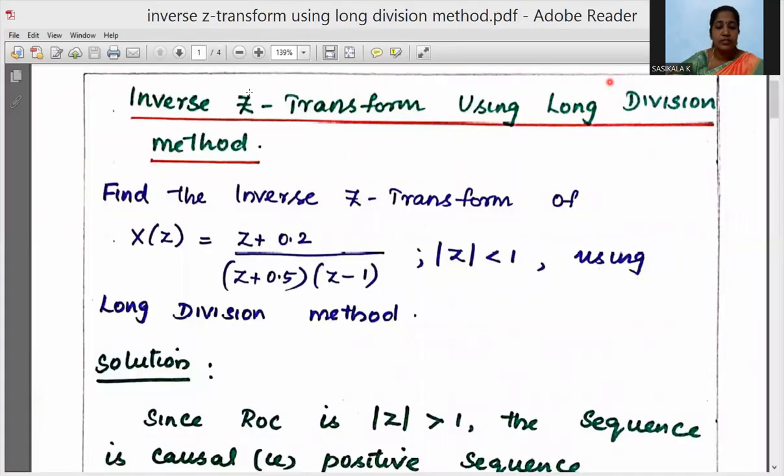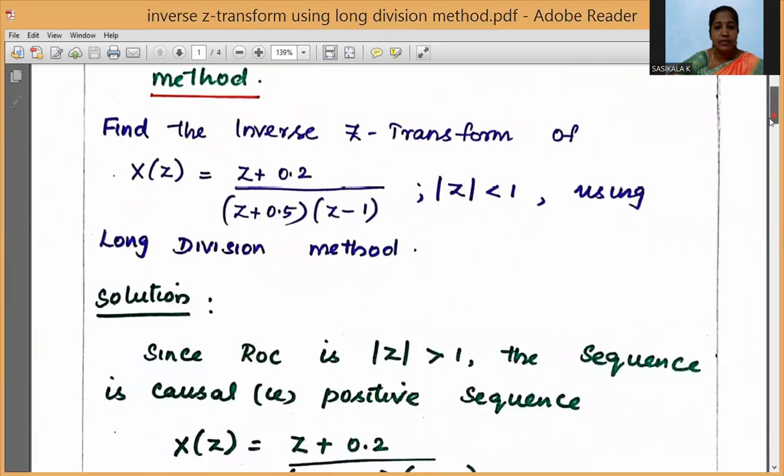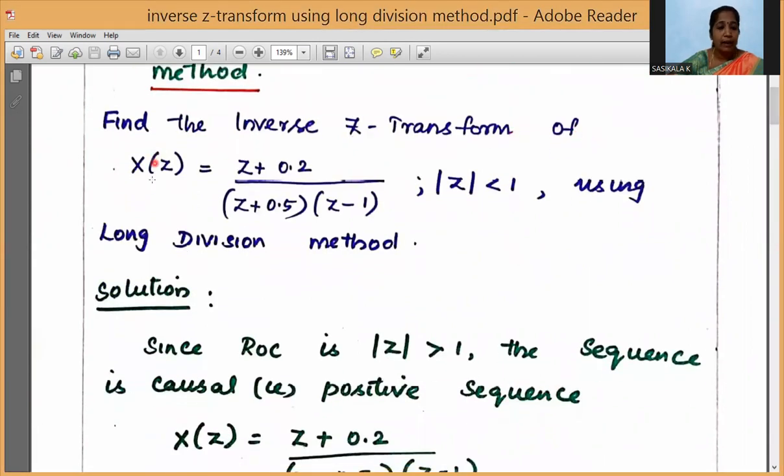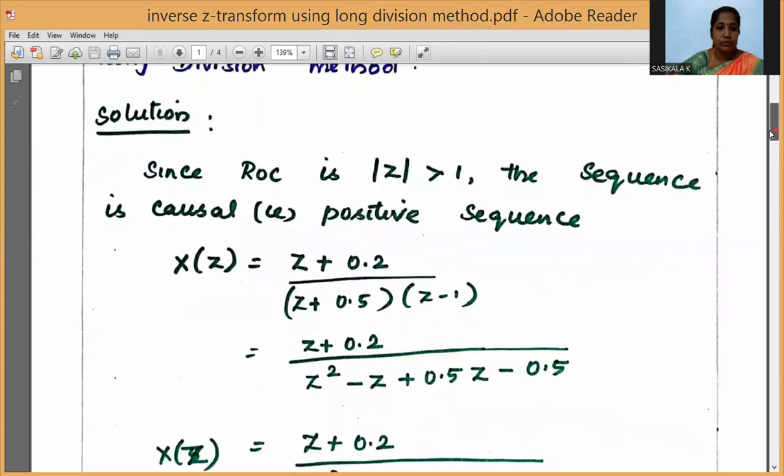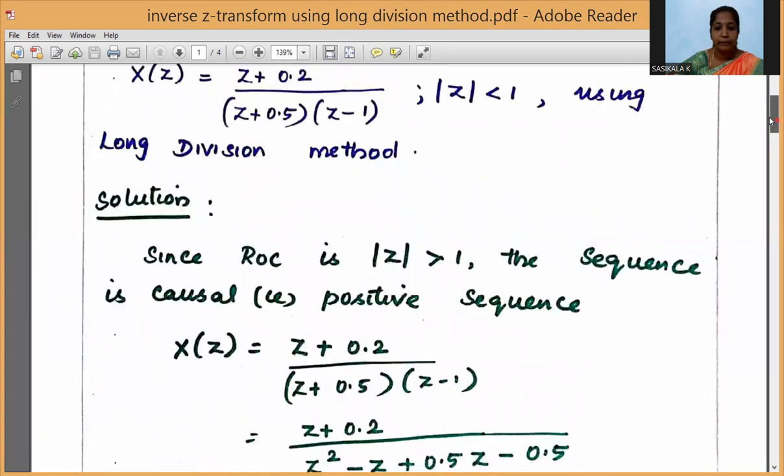Hello everyone. Today we are going to see about the inverse Z transform using long division method. Here the question is, find the inverse Z transform of capital X of Z is equal to Z plus 0.2 divided by Z plus 0.5 into Z minus 1, where the ROC is mod Z less than 1, using long division method. So how to find the inverse Z transform? The solution is